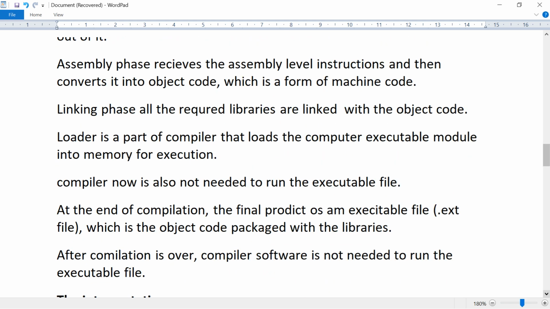The compiler works on the whole program. It converts all the lines of the code into object code in one go and then into executable code. If there is any error, even only at the last line of code, the compiler won't proceed to the next phase until the whole code is error free.